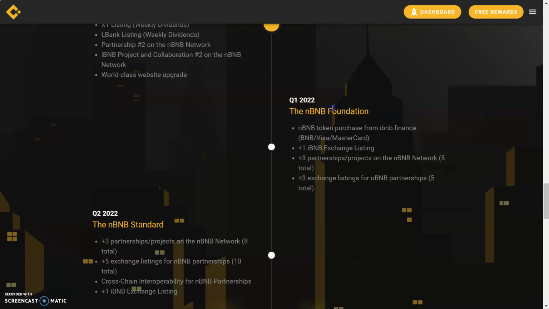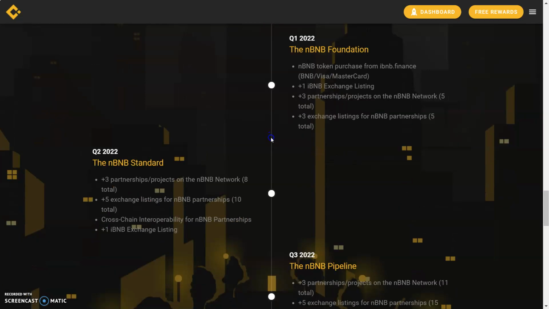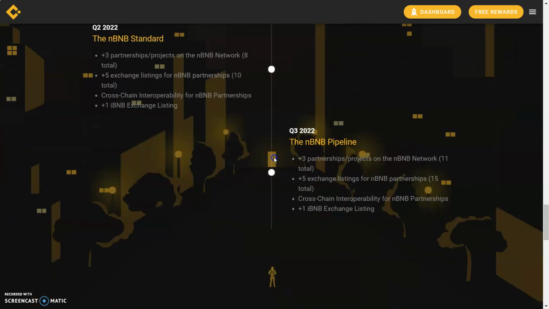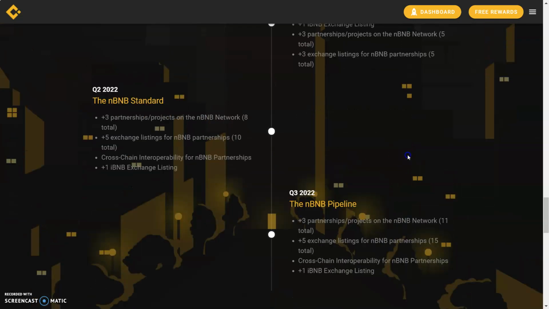So they got some big ideas, and this is going to be big on receiving these reflections. If this starts trading really fast, this is going to be a very fast hyper deflationary token where you're going to see the gains happen really fast because there's so much trading happening on it and so much awareness. So we got Q2, the nBNB standard: 3 partnership projects on the nBNB network, 8 total, 5 exchange listings